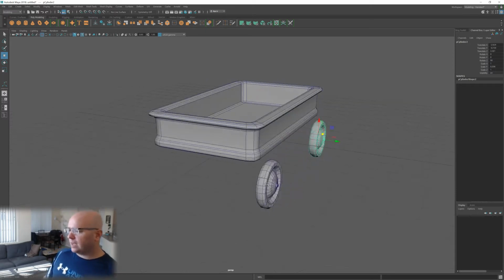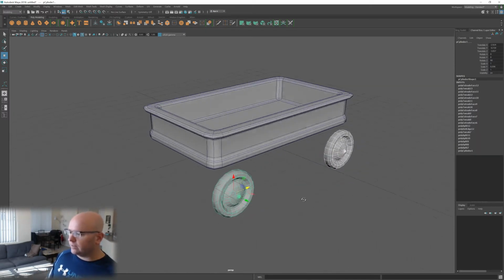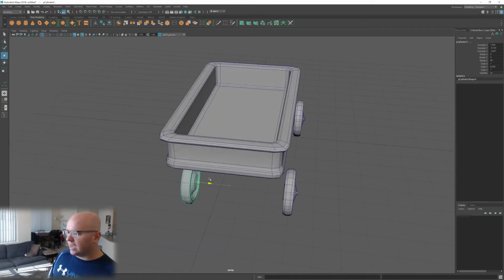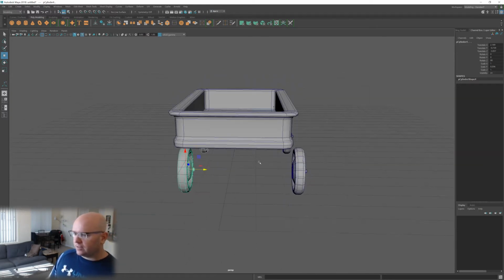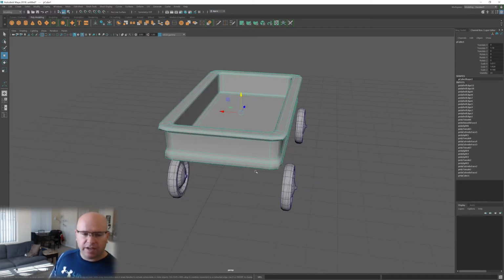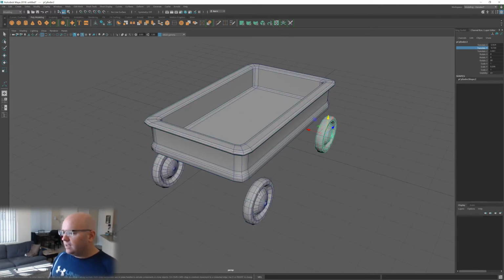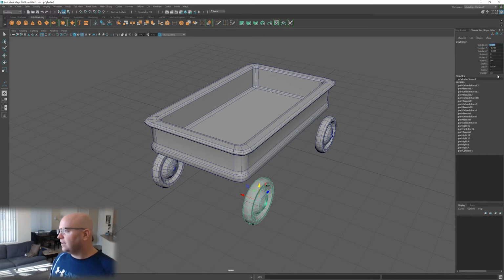Okay, so got these two wheels. Now I'll grab both of the wheels, Control D, and then scoot them over to the opposite side. And by the way, I'm working on the grid. You'll notice that this wagon bed is exactly in the center of the grid. It's literally only translate Y. There's only a little bit of value in translate Y, but translate X and Z are zeroed, which means that this is on the grid, which makes life easier. If I take the X position here, translate X is negative